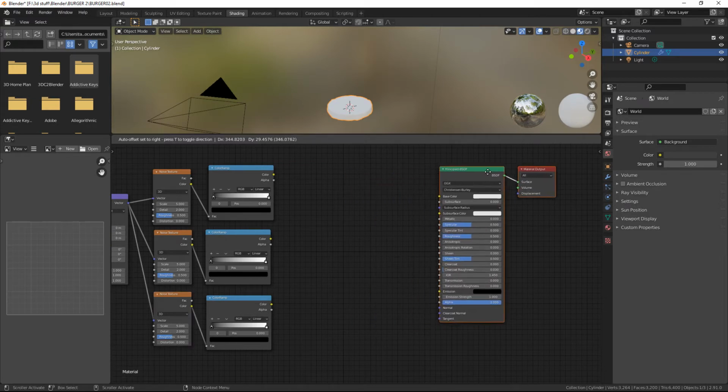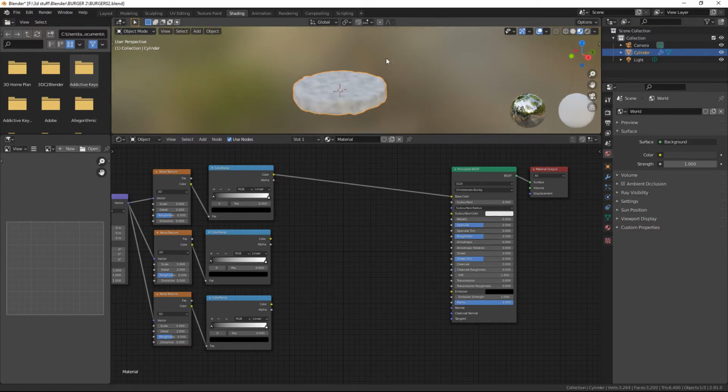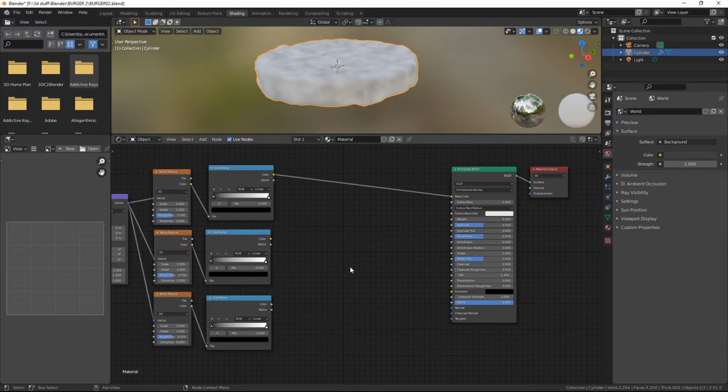Next thing, we'll just move these out of the way. Now we need to take this color into base color. You can see already we're starting to get dark patches, shading and that. And then we need to add in a couple of mix RGB, shift D, and then we want color into color, color into color, color,